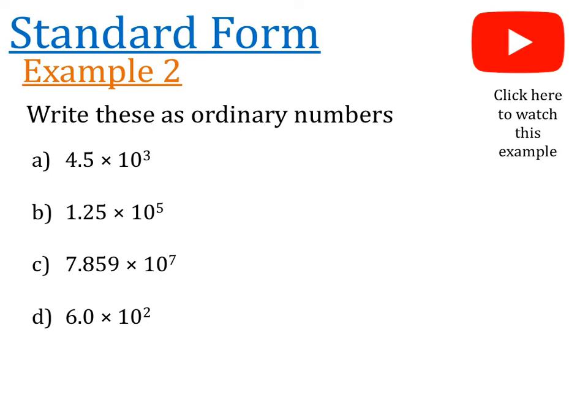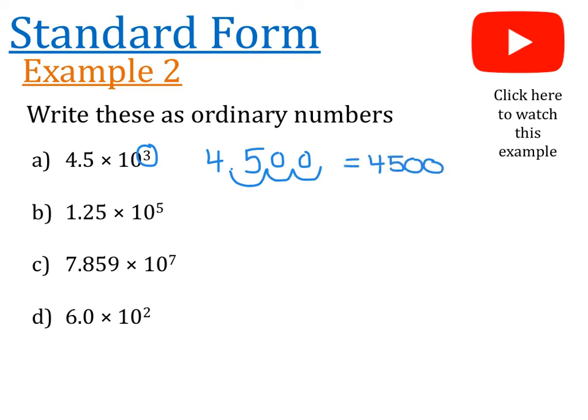All right, the last 4 examples from me today, the same idea as what we just did. We're still looking at writing these numbers that are in standard form as just regular, ordinary numbers. So these ones have some extra decimals in them, some numbers after the decimal, to be fair. That's the only thing that makes these more complicated. So the first one says 4.5 times 10 to the power of 3. So we've got 4.5. And then we need to move everything 3 spaces, or 3 digits, or 3 places. 1, 2, 3. So this time we don't need to fill it in with 3 zeros. This time we only need 2 zeros because the 5 was already holding one of the places. So this answer is